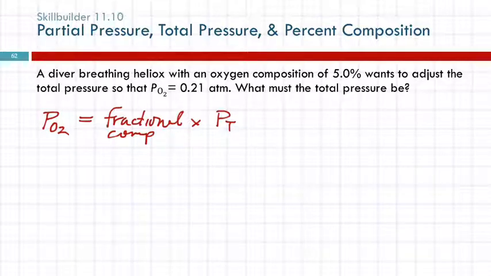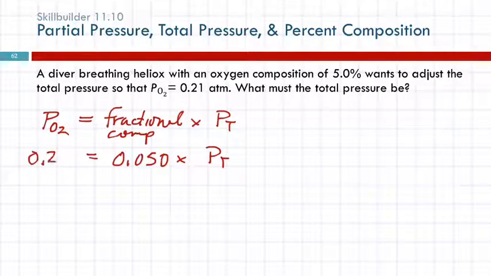Well, what's the fractional component of this mixture? The percent composition is 5%. How do we get that into a fraction? Divide by 100, so that's going to be 0.050. And the total pressure is what we want to find, and the partial pressure is 0.21 atmospheres. So the total pressure is going to equal the,